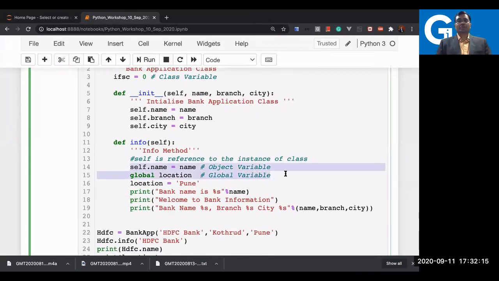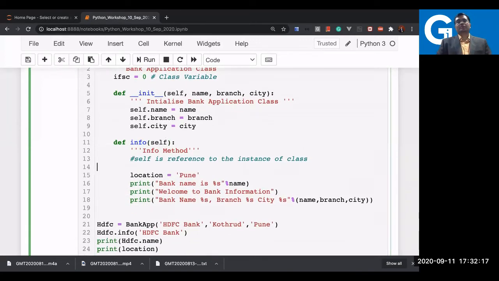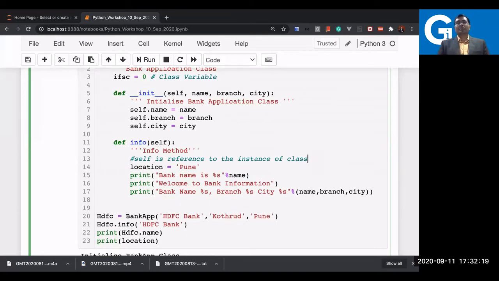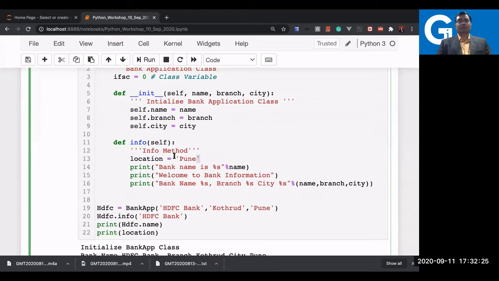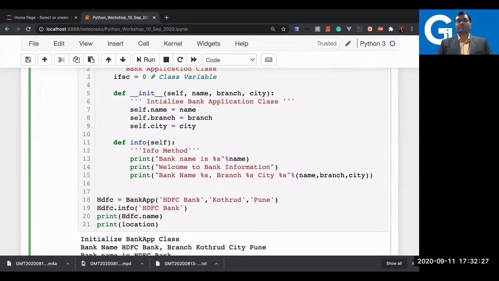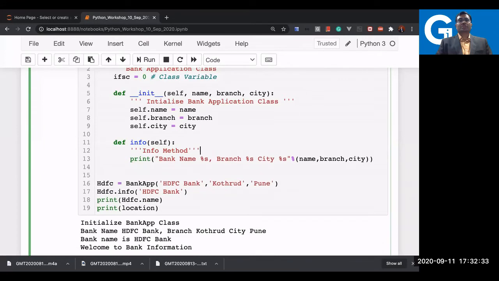So these are all things which were there in the previous topic. I'm just removing any additional things from here. So yeah, even I will remove this comment now. Location Pune, not needed now. Right. Again, the additional information I'm just removing to avoid the confusion, because I don't want you to see so many things, and understand only the important point here, that how I have declared the object variable.